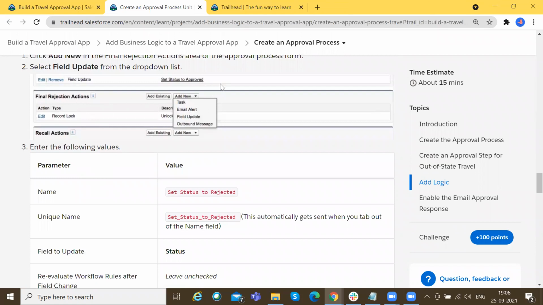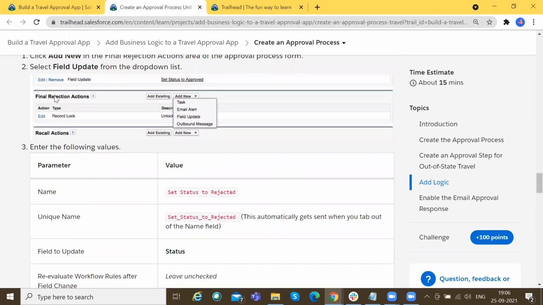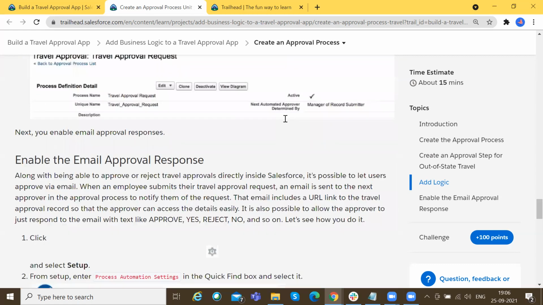If it is declined, then I want to change the status to rejected. So these two field update actions we are going to create, one inside the final approval action section and another inside the final rejection actions section. So these two we are going to create, and then we'll test our